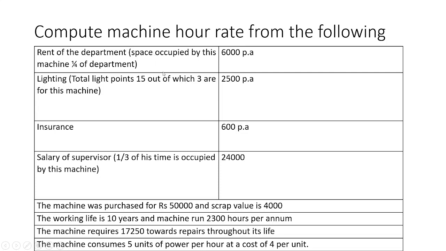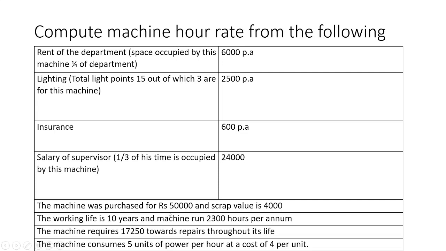Another thing is, we need to find out the individual fixed charges relating to the machine, and then we have to find the total of the fixed charges. For which period we have to find out, we need to understand that. Here information is given per annum, so it is better that we take information per annum. If all the information is given per month, we will take it as per month. In this case, the information is given per annum, so we will take it as per annum, and then we find out the total, and then we find out the per hour fixed charges.